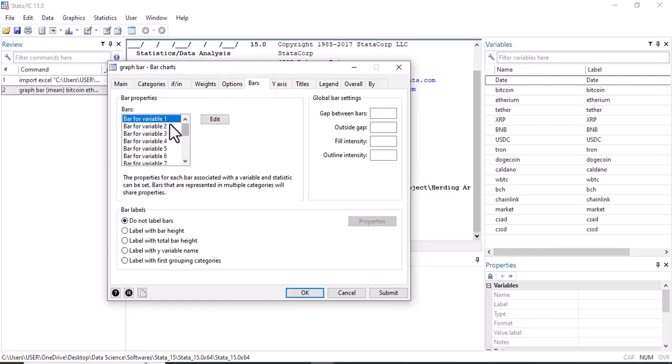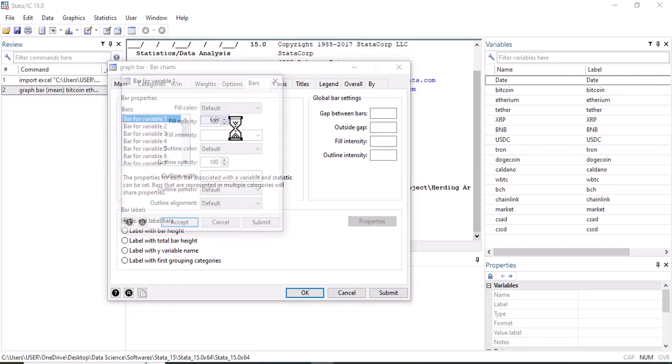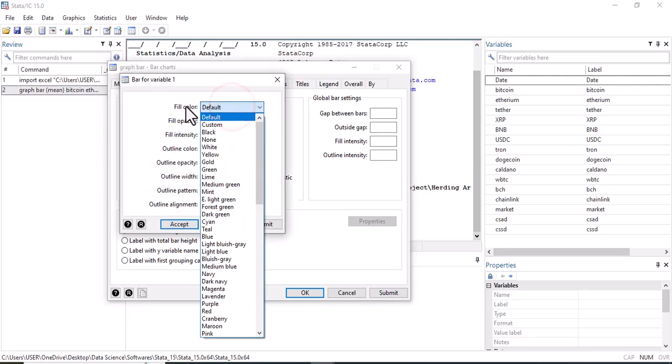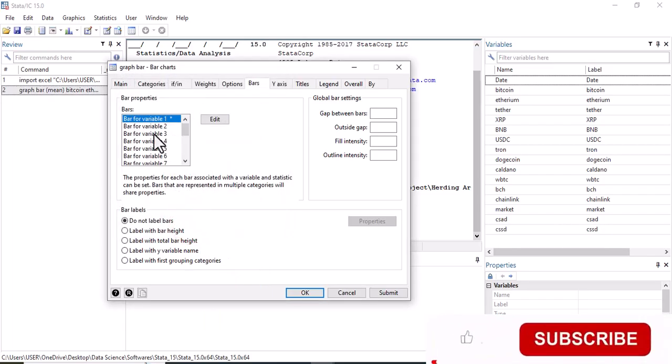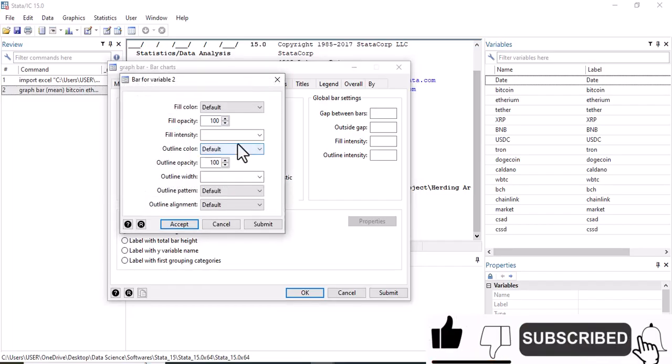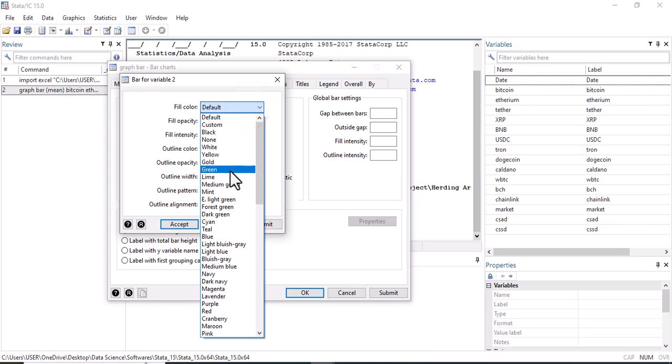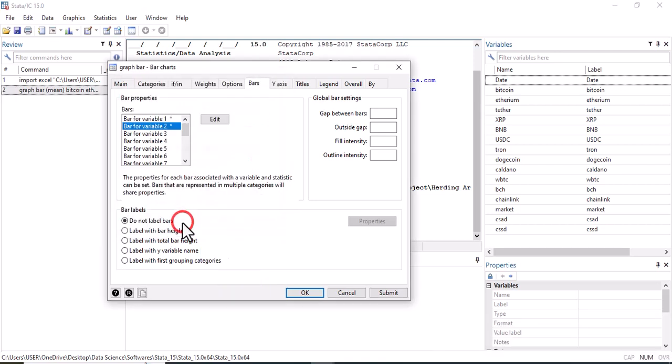We can edit it, and then you can see fill the color of the bar to be yellow, and then we click OK. For variable 2, we can click edit. Let's fill the color by green. We click accept. For variable 3,